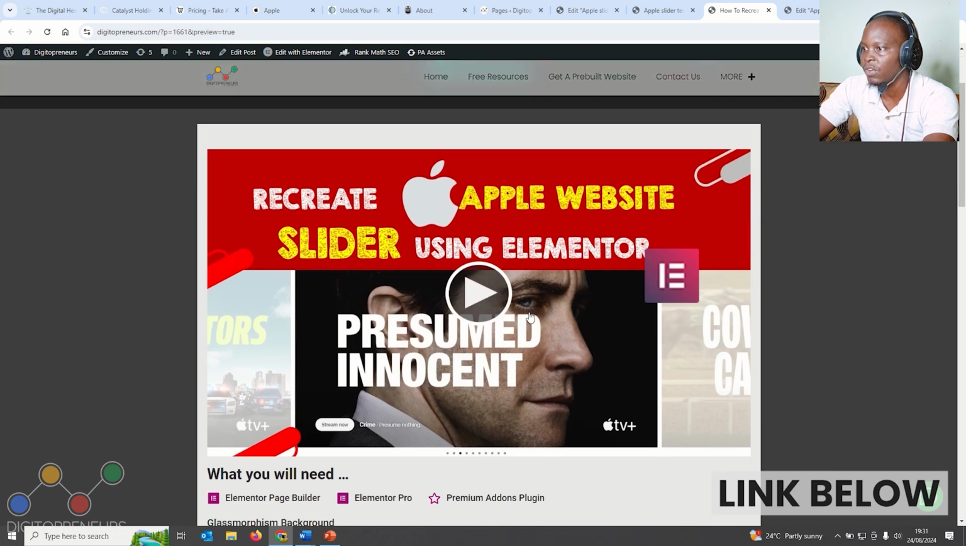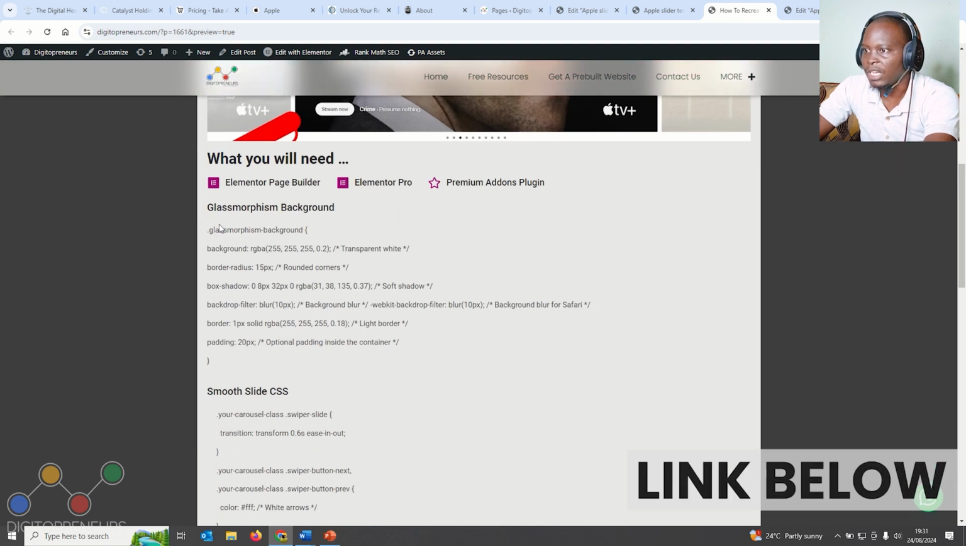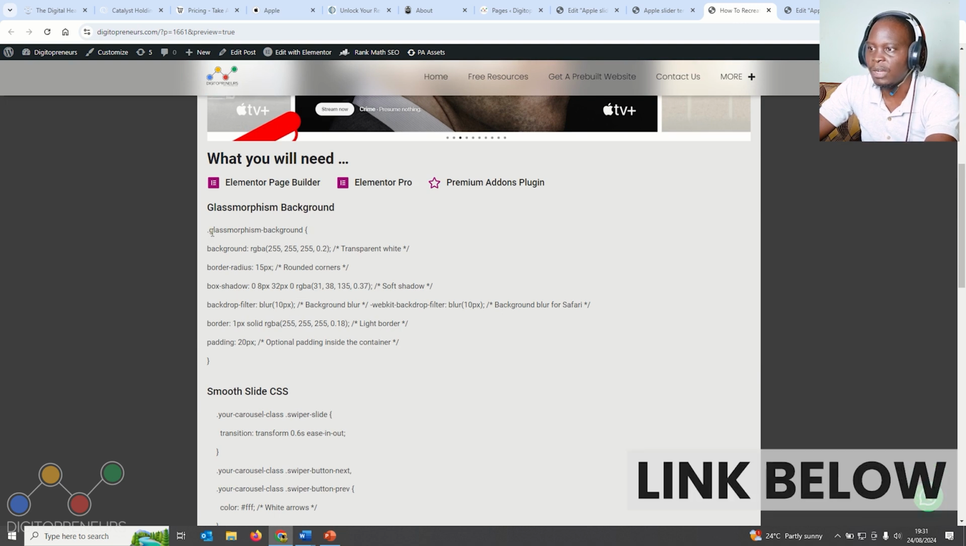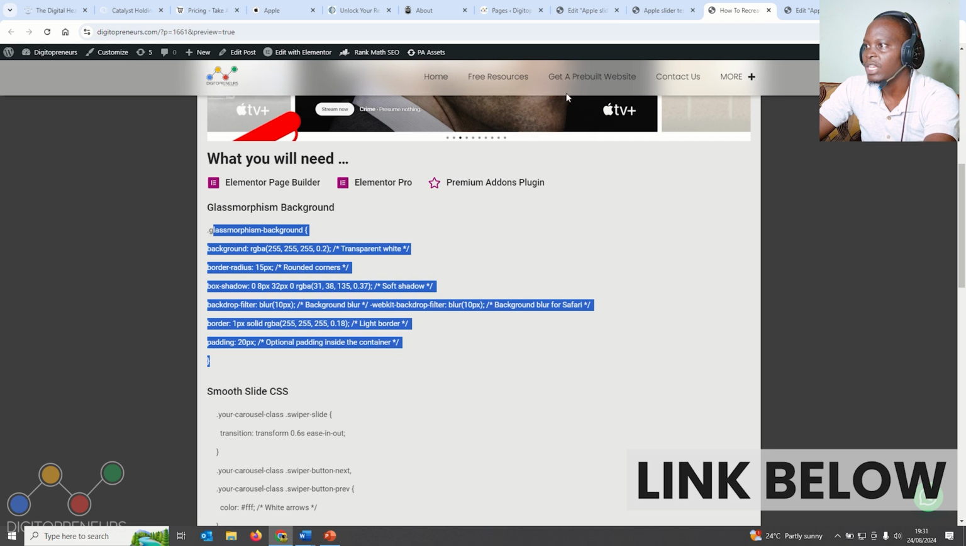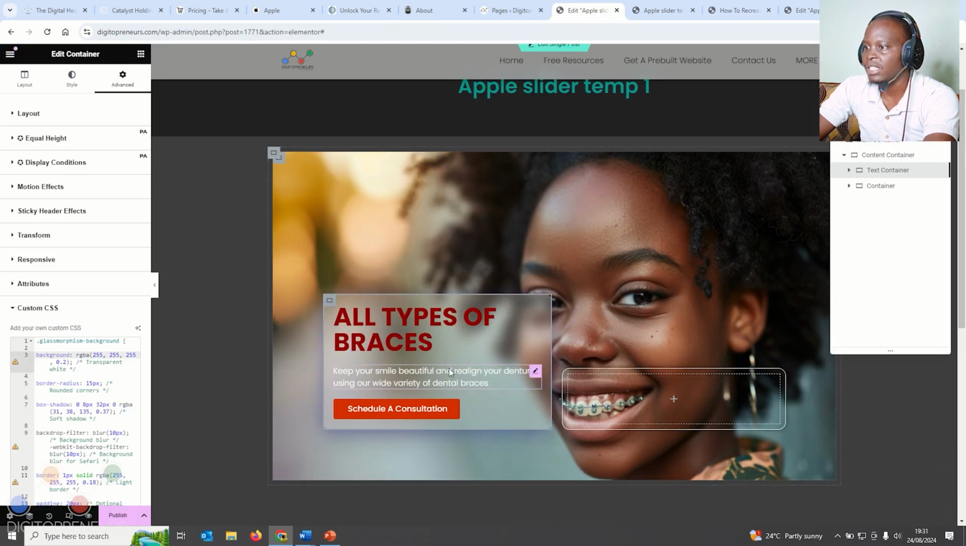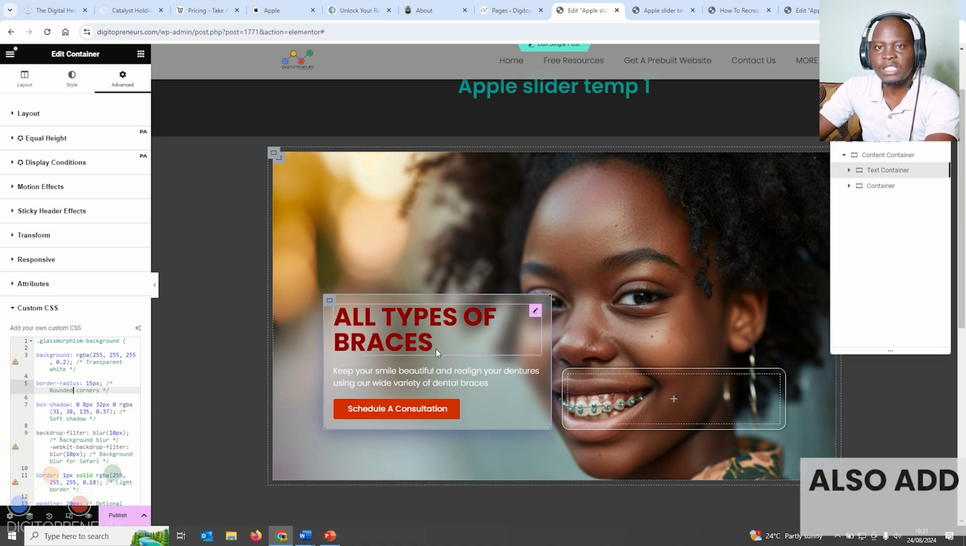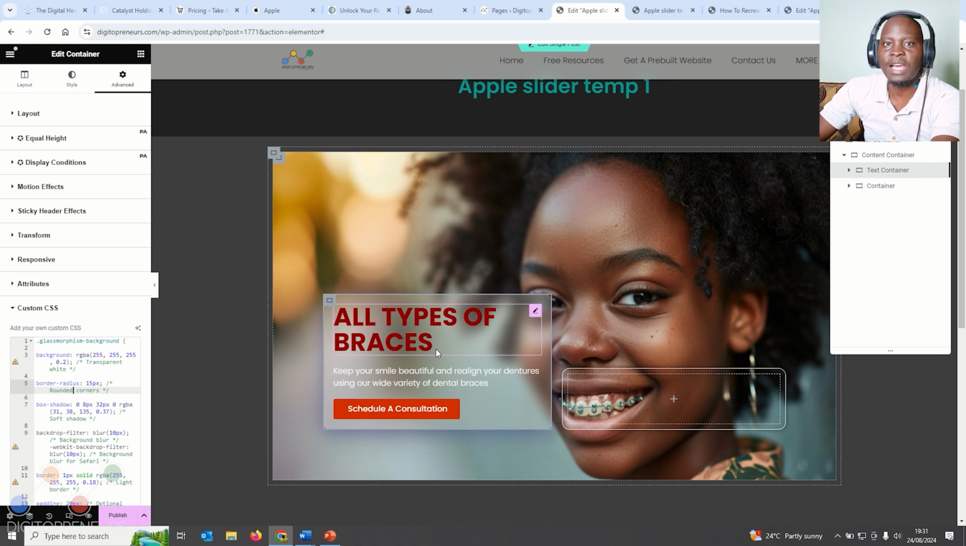This is the video you're watching right now. Now the glassmorphism background, that's the code you will use. Pick this code, copy all of it, and then just take it, paste it there. Once you paste it there, you'll get that glass background. Okay, so this is my first slide. Let me create the rest of the slides, and then I'll show you how to put